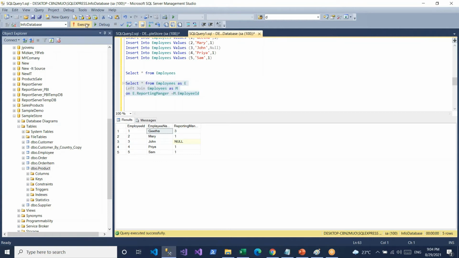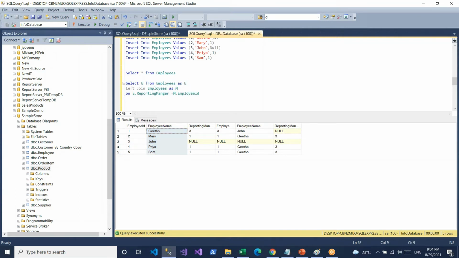If I execute this, see, Geeta's manager will be John, Mary's manager will be Geeta. But the column names are the same, so we need to rename these names. I need only employee name, right?